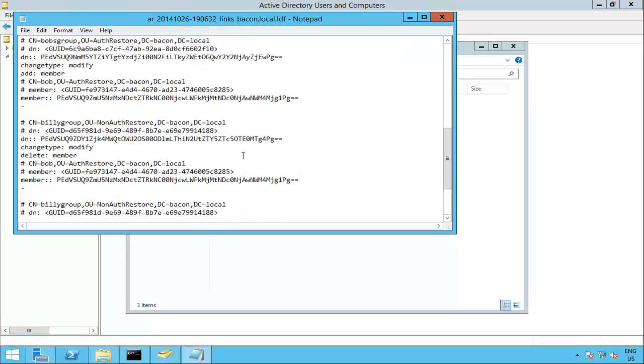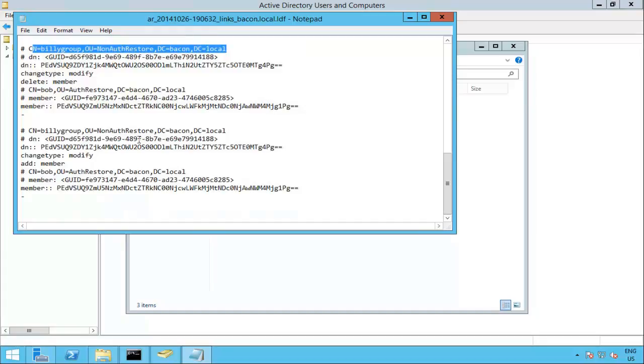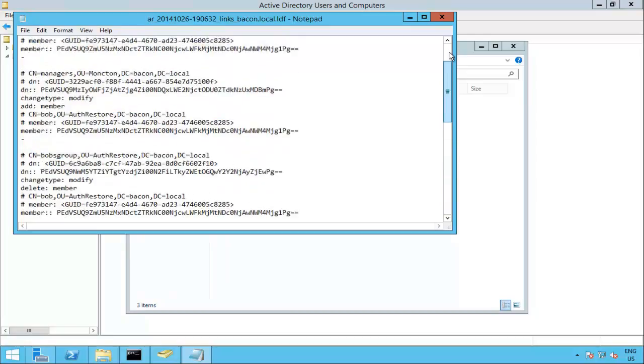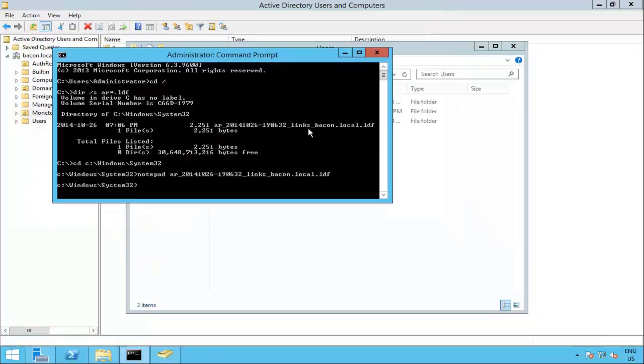Interesting. The Billy group is gone, however, because it got deleted and remains deleted. Okay, so it's not necessary to run this command because the only membership that it's changing relates to the groups that don't exist. If we did want to run it,